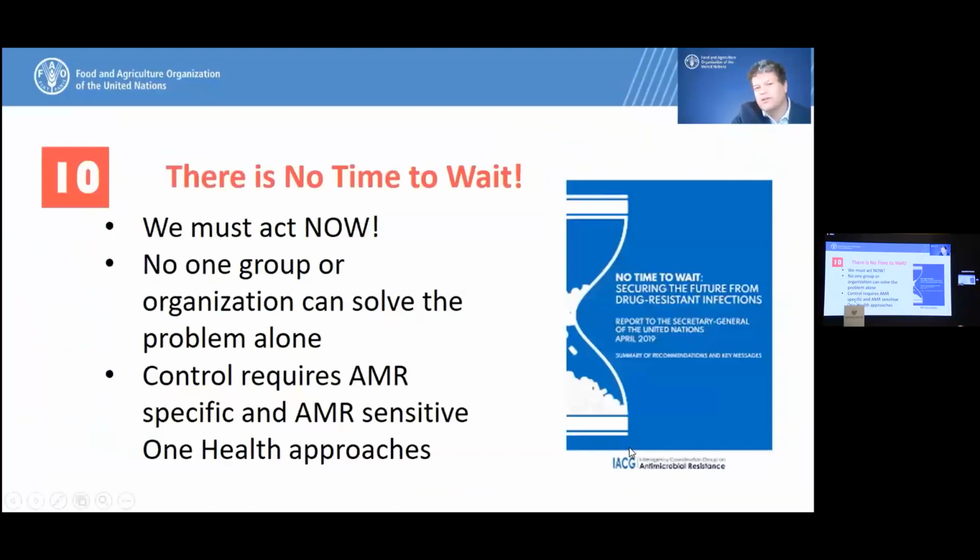I've taken this bullet point from the name of an IACG report that was published at the end of April 2019, I believe. We must act now. This is a pandemic that is silent, it's going on, and we need to address it. The key factor is that there's no one group or organization who can handle this completely on their own. We need to work together, and we need to use a coordinated approach, or One Health approach, with strong communication